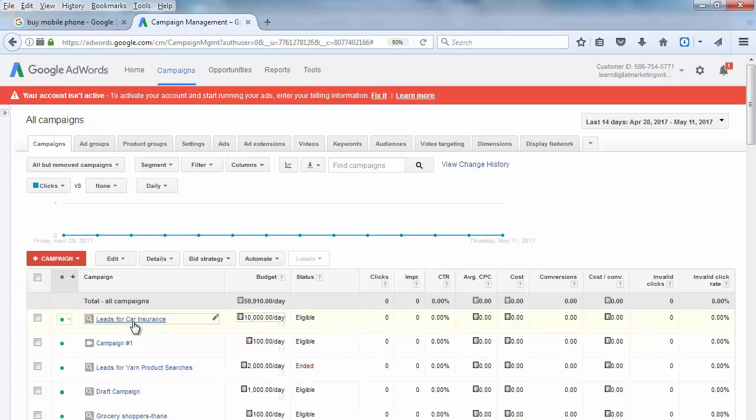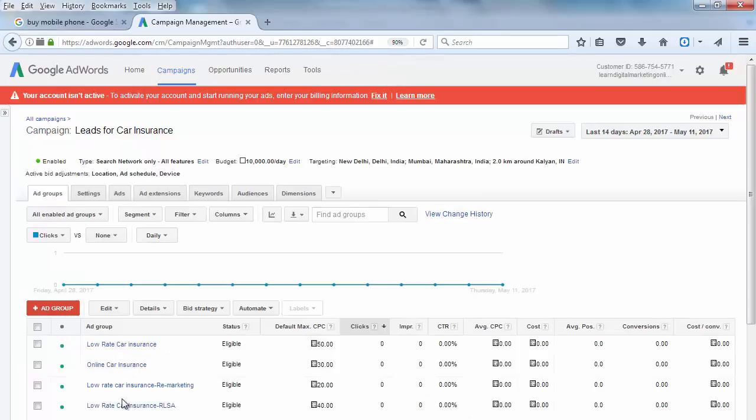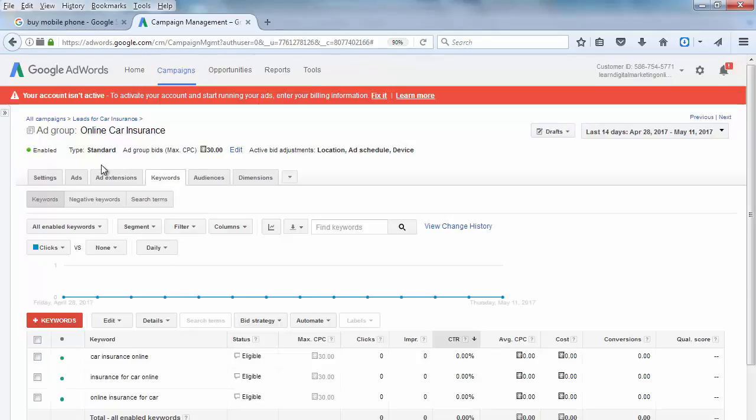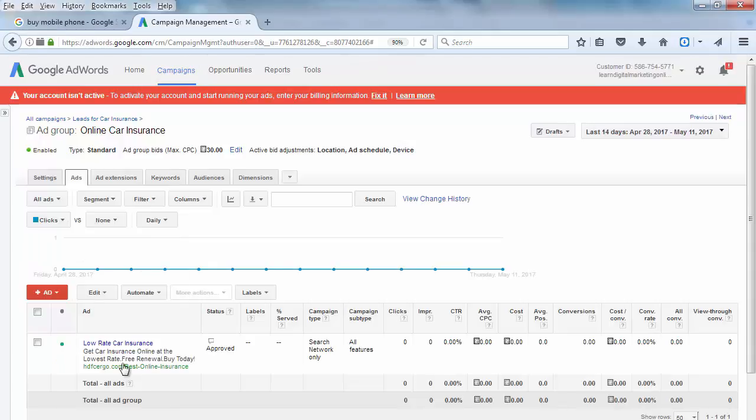If I go within that campaign, the next step is in the form of different ad groups which are all related to car insurance. One is about low rate car insurance, one is about online car insurance, and so on and so forth. If I go within the ad group of low rate car insurance, or even within the ad group of online car insurance, you can see there are different keywords which are related to online car insurance, having the terms online and car in them,